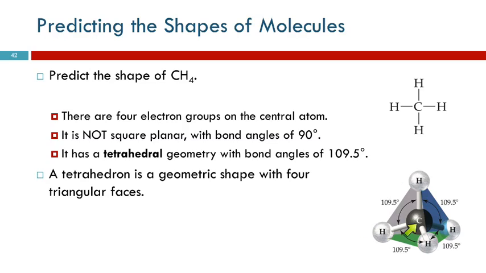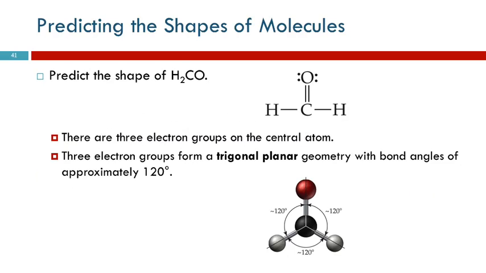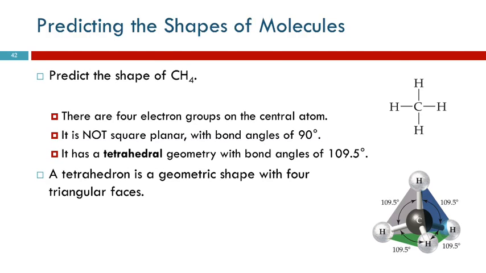The tetrahedron takes the angles of a sphere and divides them equally, and you end up with angles of 109.5. So this one, trigonal planar, has angles of 120. And this one has 4 equal angles in 3-dimensional space. So a tetrahedron is a geometric shape that has 4 triangular faces,